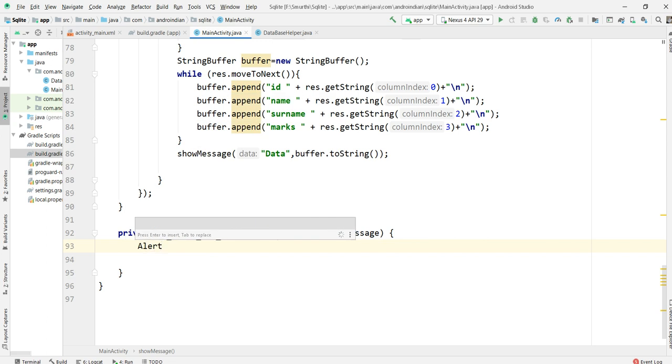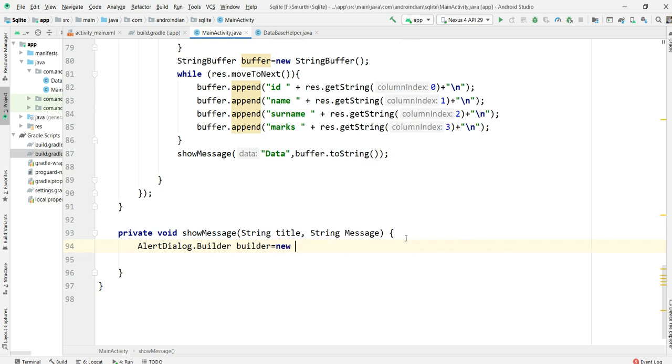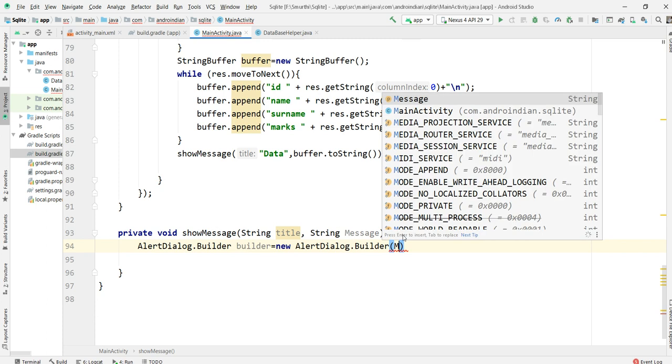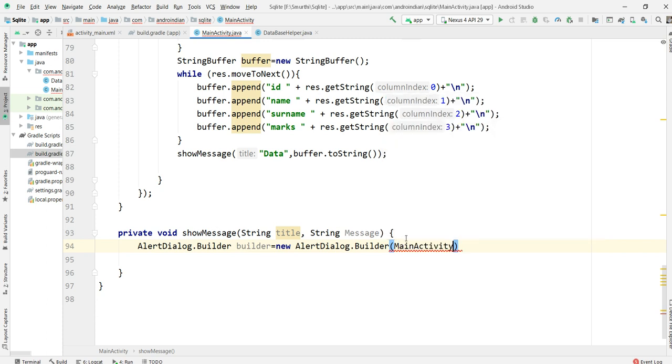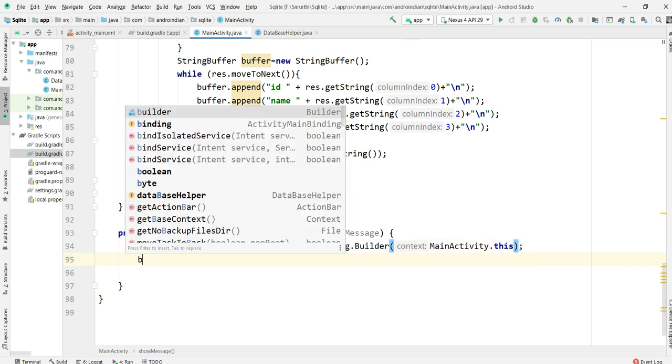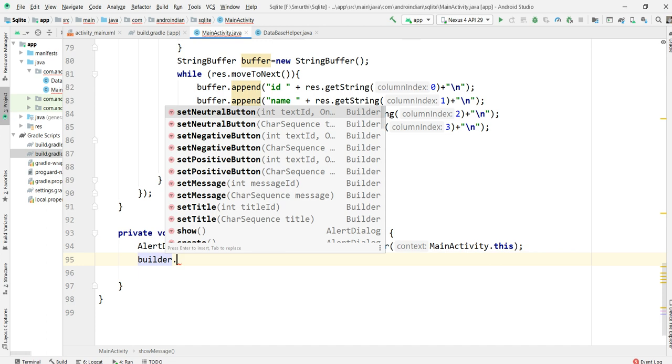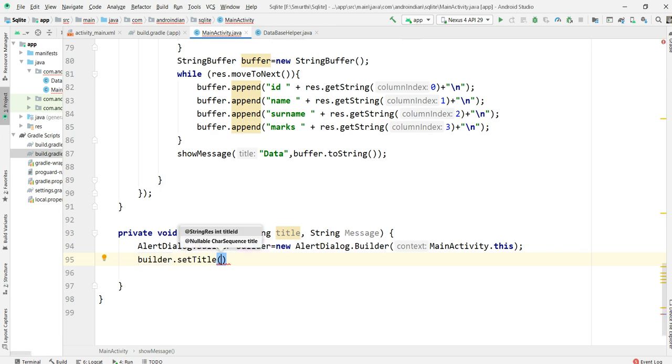Here I'm using one alert dialog. This is a predefined alert dialog, that is builder. Just a simple way I want to show this, that's why I'm using this new alert dialog builder. So here it's a context, I'm using this context dot this. Then builder dot set title, I just want to set the title, whatever the title is there above, that title I'm showing.